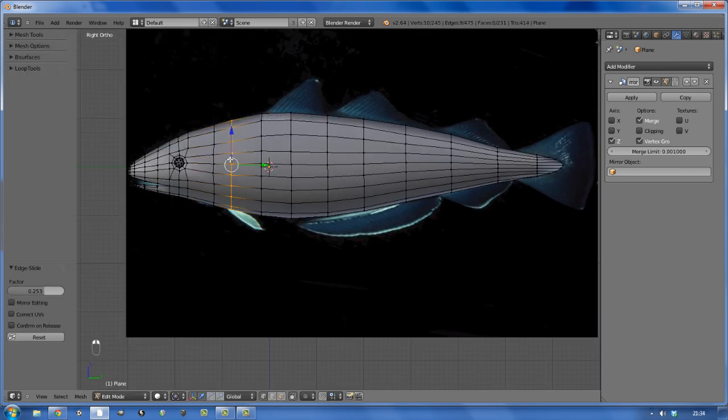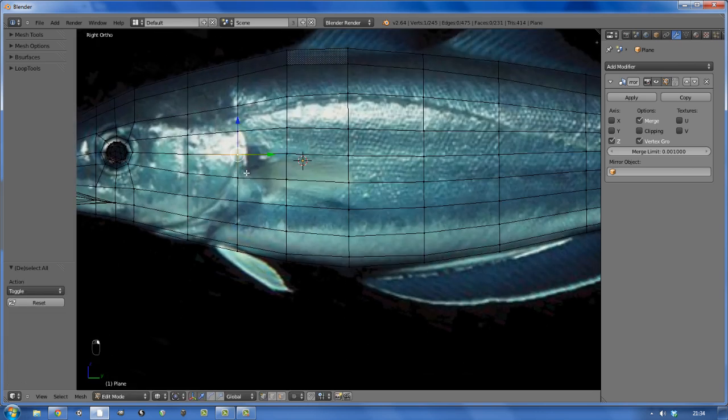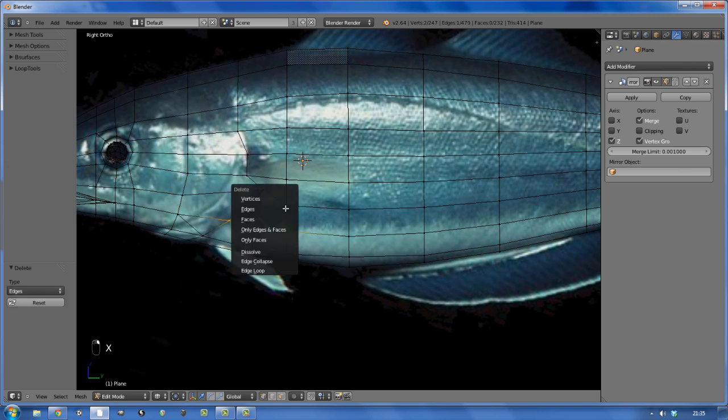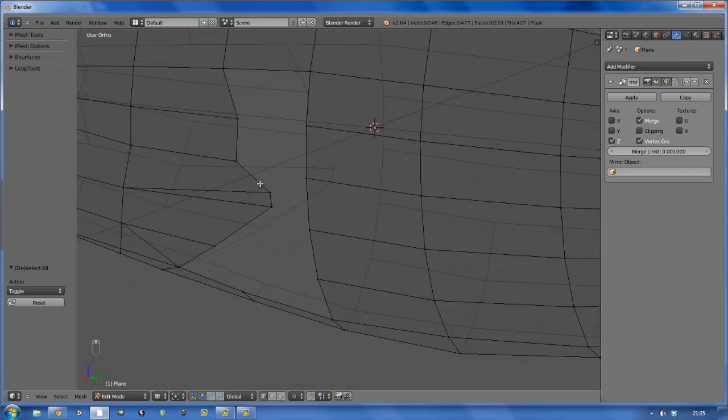So I'm going to move on and actually add that now, just realigning these vertical cuts to accommodate that, and just moving the geometry over slightly to form the general shape of the gill, and adding a little cut here using a knife tool, and a few more here just to keep that geometry nice and smooth. I'm also going to have to just remove these extra vertices and the edges that link to the back of it, so that I can smooth out the shape a little more,